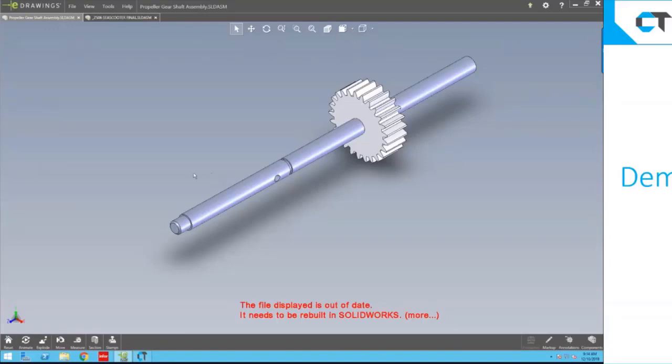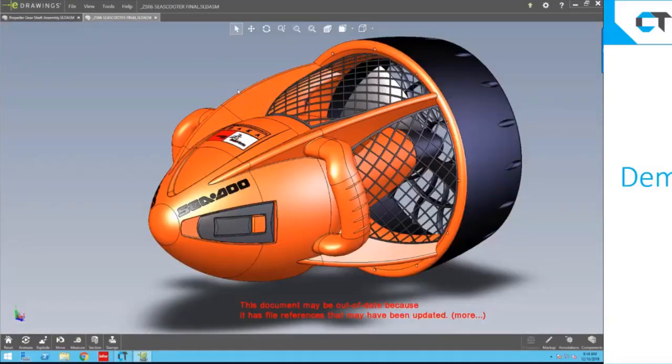And then we'd like to move on to a much more complex example, which is a Sea-Doo scooter that you see here. So this is a larger, probably 40-part assembly with multiple levels. And another thing to note is that first assembly, the gear shaft assembly, is actually a sub-assembly of this assembly. So we actually get the idea of what it's like when I bring something in that's already existing in CSI, Cloud Suite Industrial, as opposed to being all brand new parts, okay? What it's going to do is it's actually going to create any parts that need to be created.